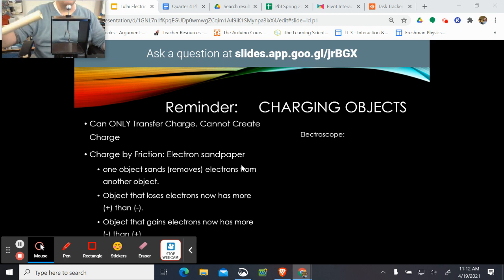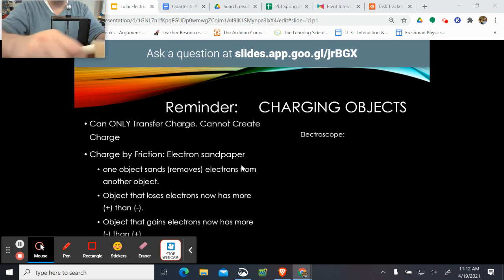So now you hopefully saw those two little metal pieces, like thin aluminum foil but thinner, kind of go whoop. They push each other away. And if I go like this and I just touch it, then any extra charge goes to me and it goes away. So charge by friction,